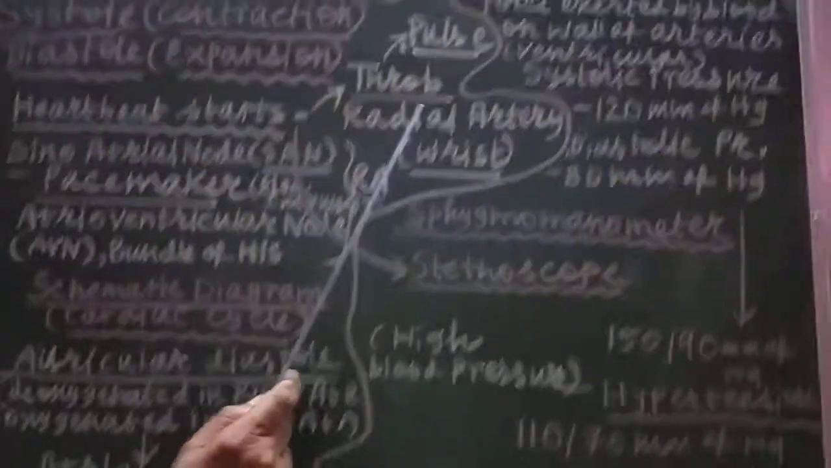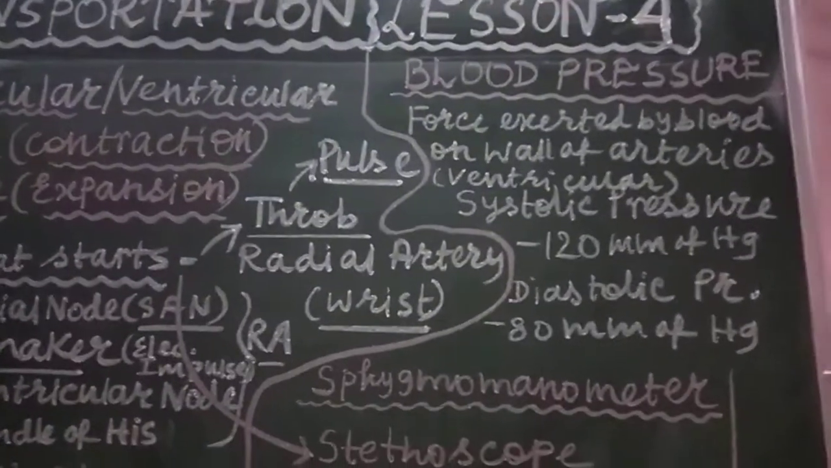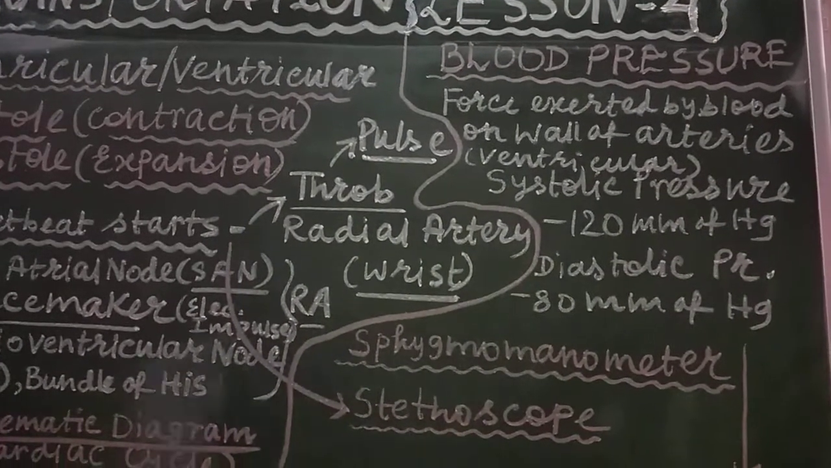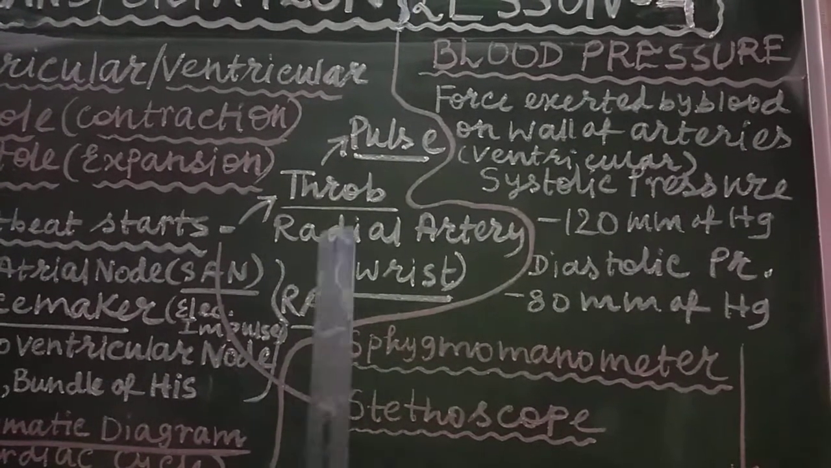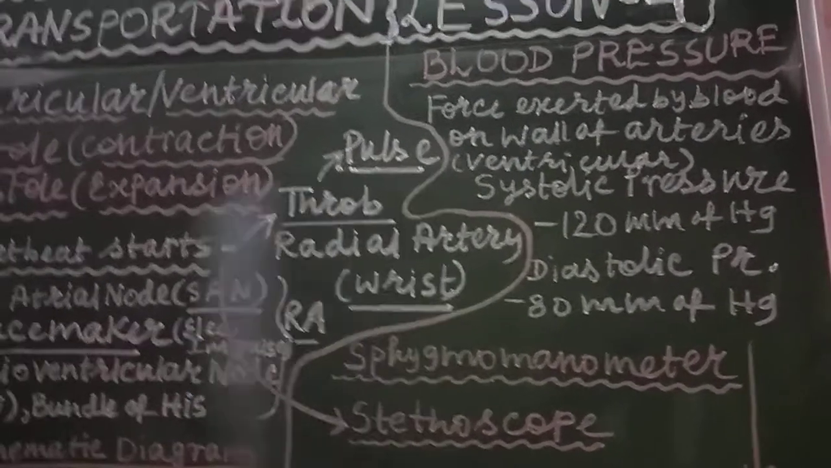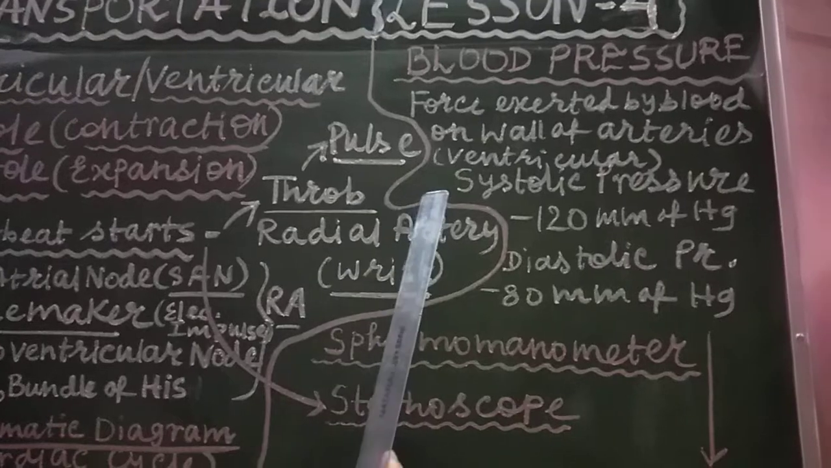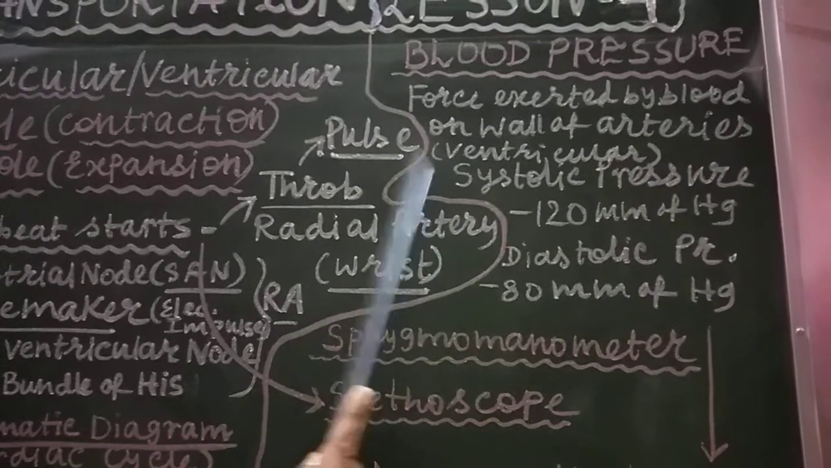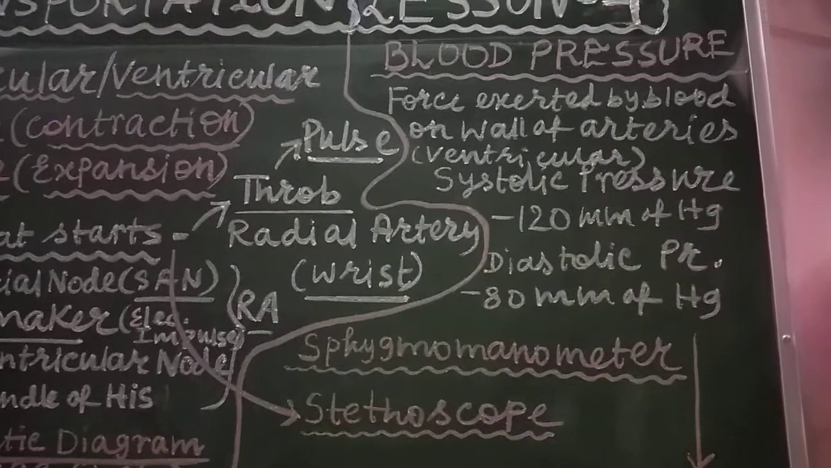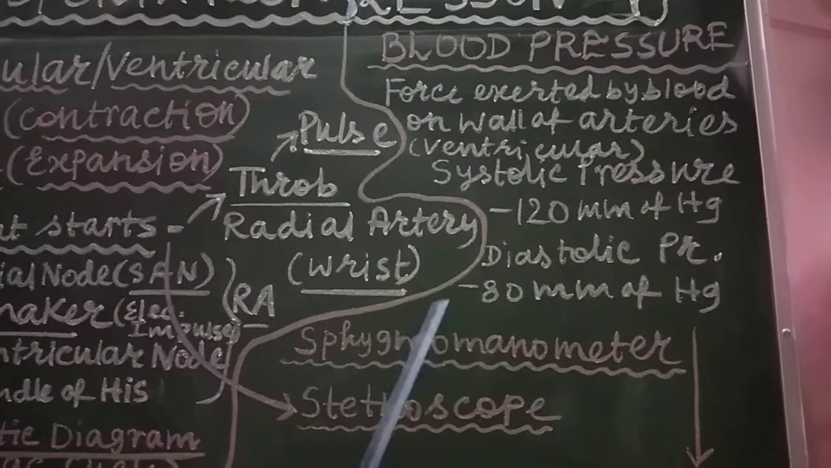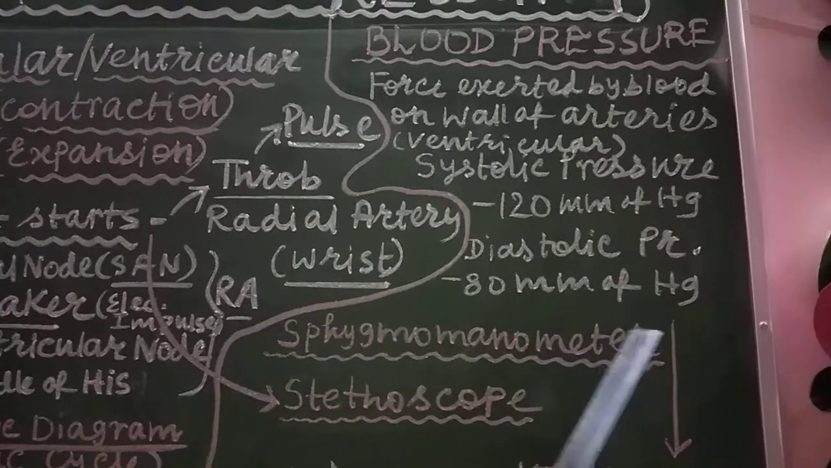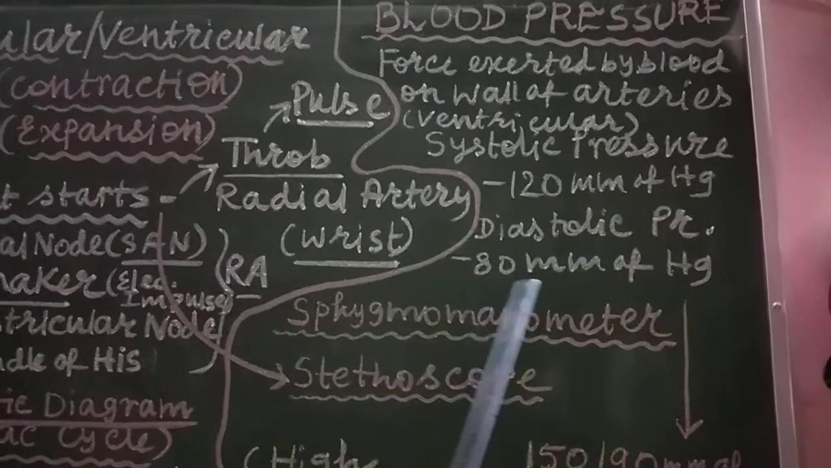Now we are going to discuss blood pressure. What is blood pressure? Blood pressure means the force exerted by blood on the walls of the arteries. It is caused mainly during ventricular systole, because the ventricles are bigger in size. During systole, that is the contraction time, the pressure is more, 120 millimeter of mercury, and during dilation, that is expansion, a diastolic pressure occurs, that is 80 millimeter of Hg. This is the normal, that is 120 by 80 millimeter of